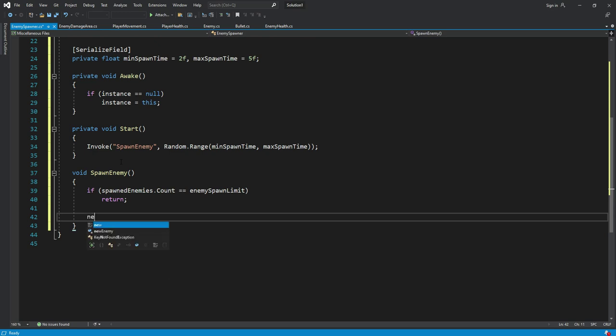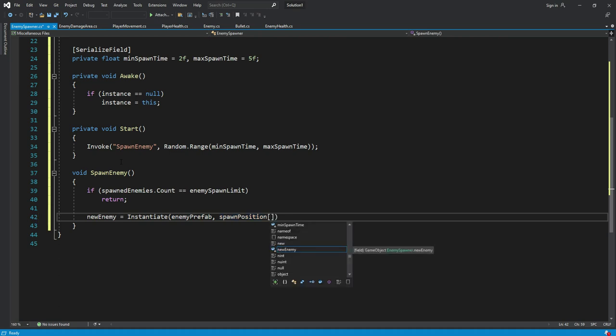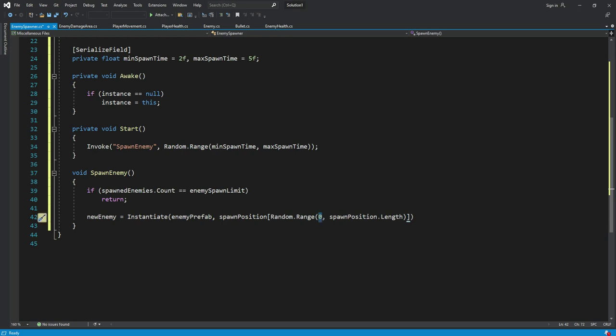Then after this we will say new enemy, and this will be equal to instantiate, and we will instantiate the enemy prefab. Then for the spawn position, in here we will say random dot range, the first one will be 0, and then the second one will be spawn position dot length. After this, right here we will type dot position, and then